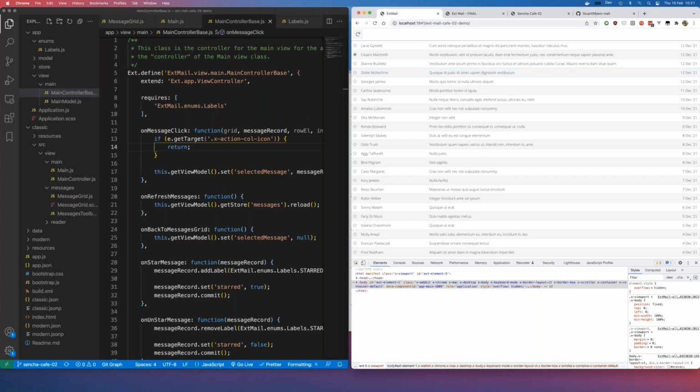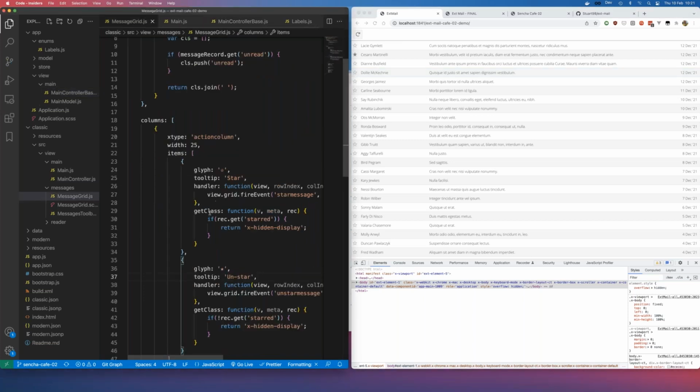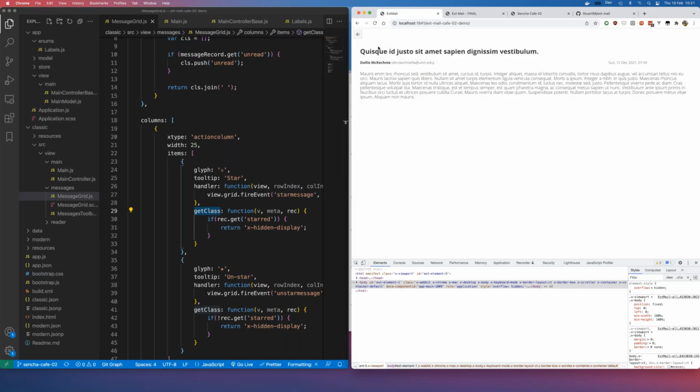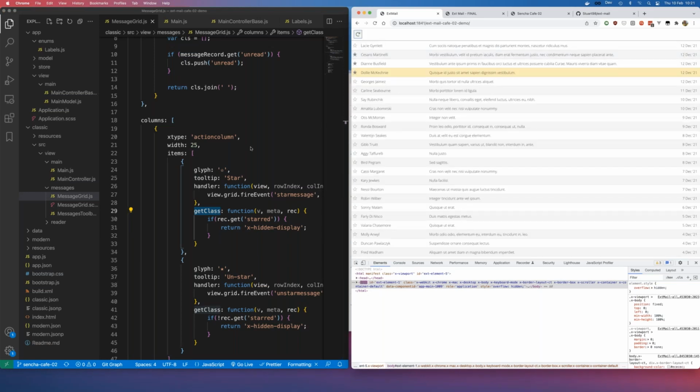It's using that get class again. So it's re-evaluating that function, and it's getting that hidden class and swapping them over. And now we can click the rest of the column, and that click works still. So that's the action column sorted. Now we can star and unstar